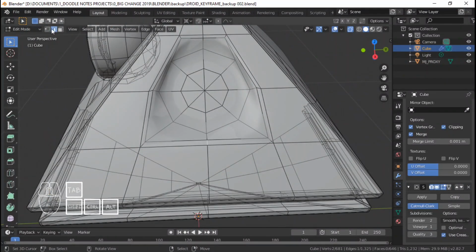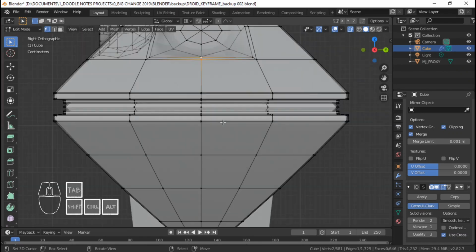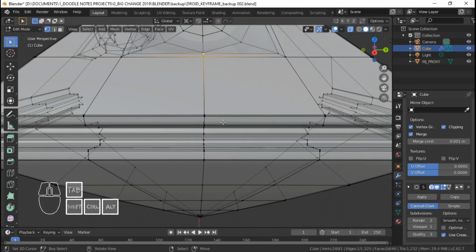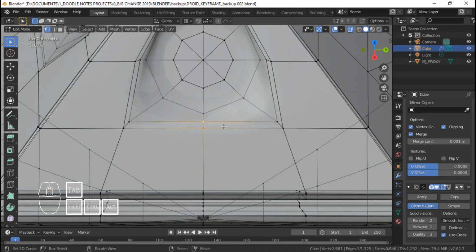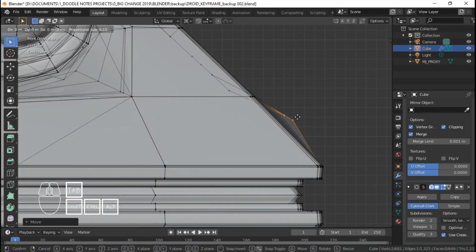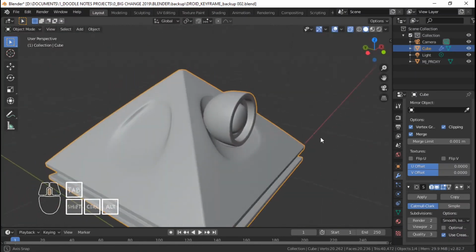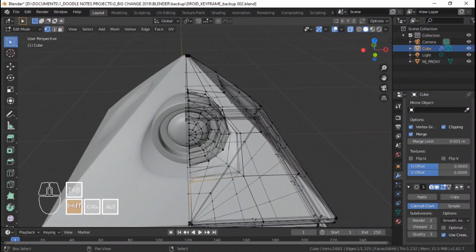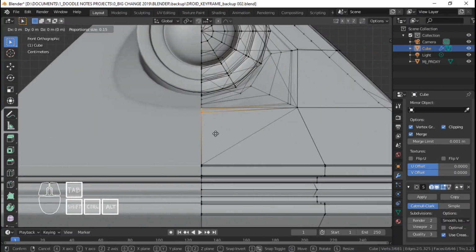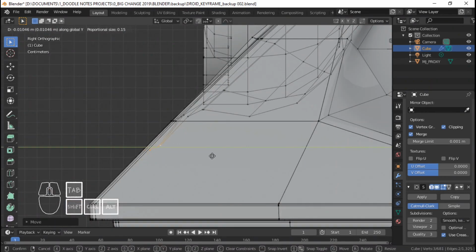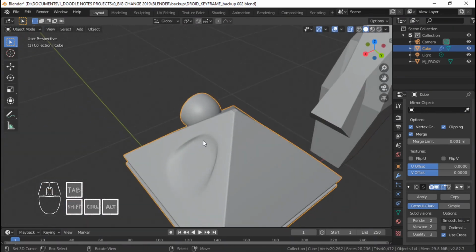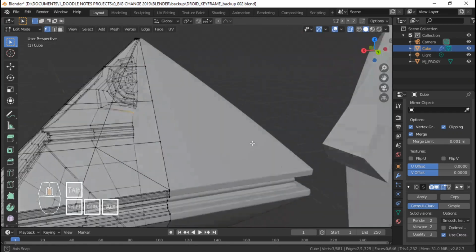I'm going to go back to vertex mode. I'm going to go to the left and right orthographic view, and just go up like that, and then move this, GX. I'm going to try this, GZ. Going to GZ again. Okay, that looks nice. I'm going to do the same thing here. A 1. Probably bring it down using Z. I'm going to go to the right orthographic view, bring it up to the front using Y. So I guess that looks nice. So yeah, for the back part,